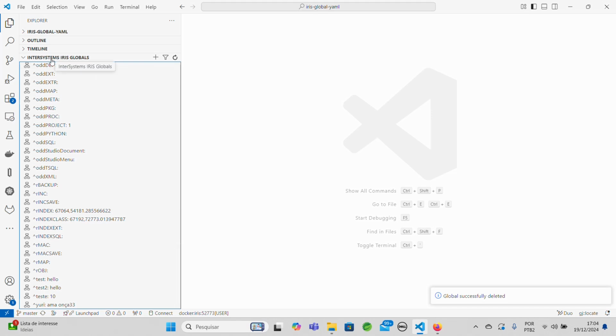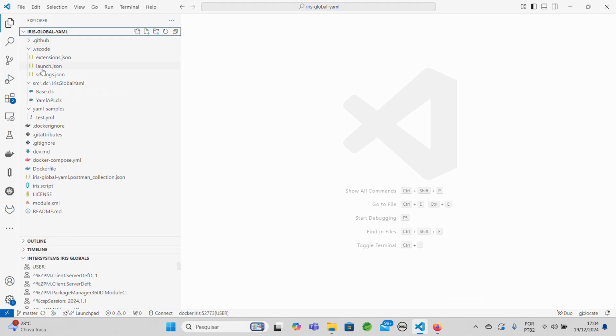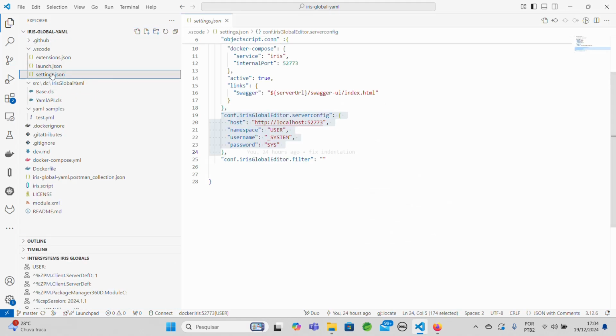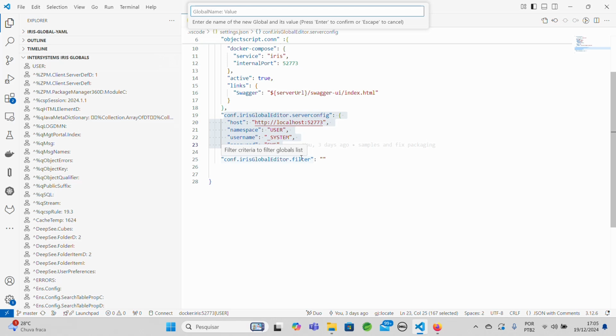Install this extension and you see Explorer with a list of globals in a configured namespace. You configure here in settings JSON, the configuration connections, and your Explorer lists your globals. You can list globals, add new globals,